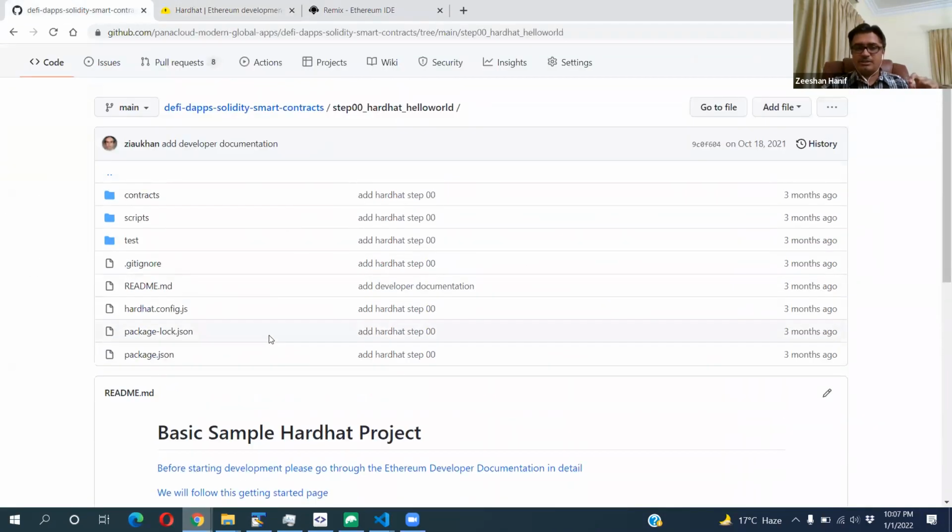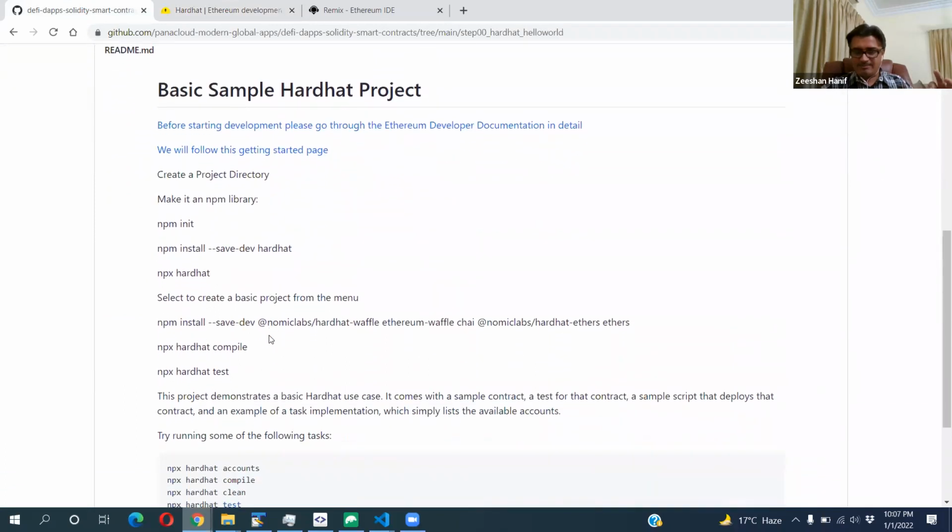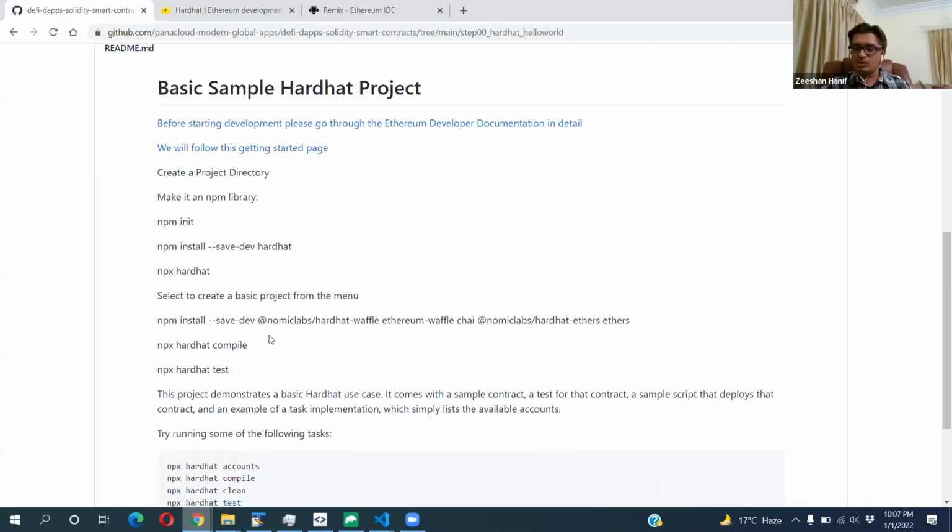Okay, the very first step is to give you the basic understanding of how you will set up Hardhat, how you will create the development environment, and what steps you need to follow.